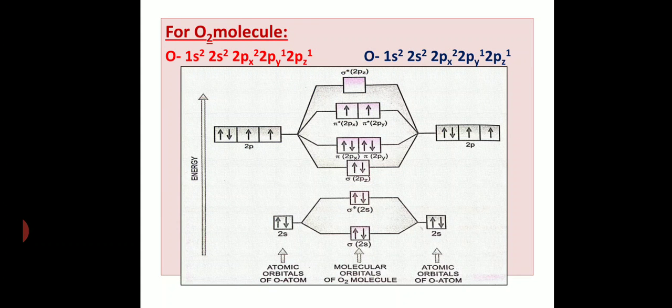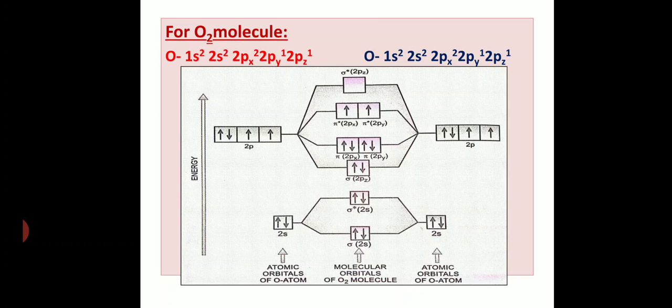Now for O2 molecule, you can view it in the slide. For oxygen molecule, 1s and 2s remain the same. Now come to 2p orbitals. So in the 2p orbital, look at the bonding molecular orbital, sigma 2pz should come down, right? Because it has lower energy in oxygen, fluorine and neon molecules, right?